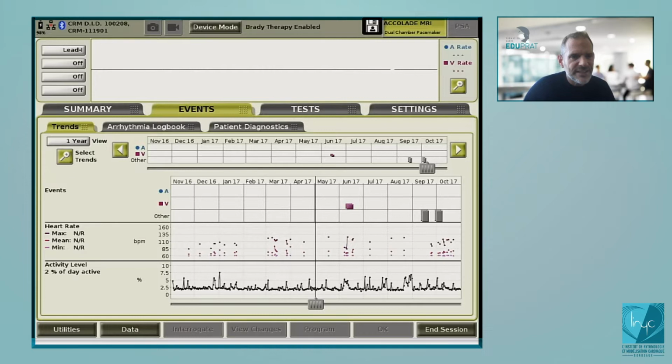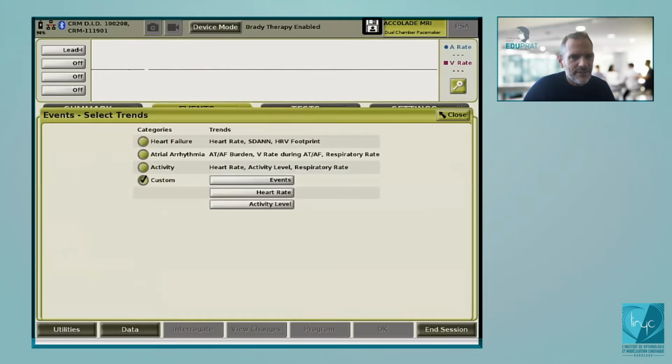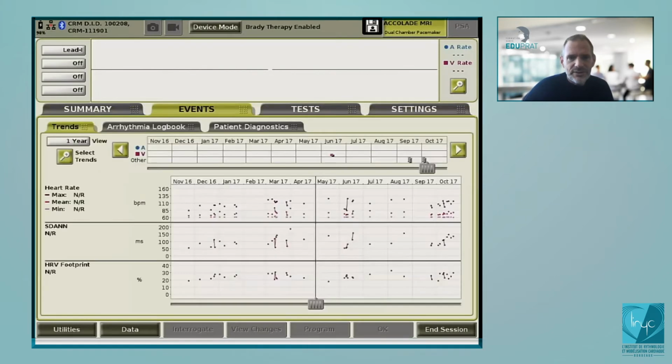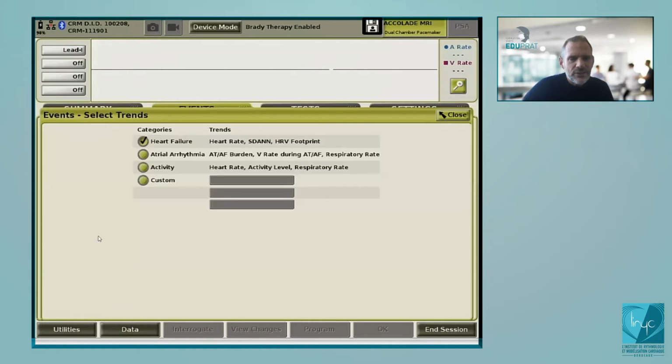But if you click on select trends, you can optimize patient by patient. You can select, for example, the parameters in terms of heart failure. If you click on heart failure and then close, you see it will modify the parameters that you can see on the trends. If you come back to select trends, something that's, if you click on custom,